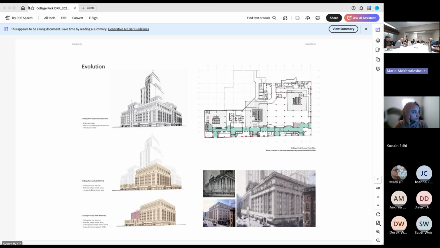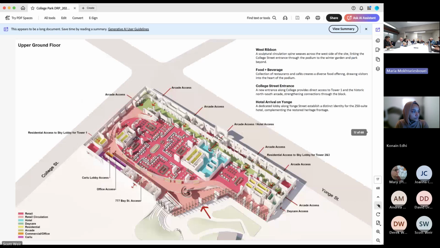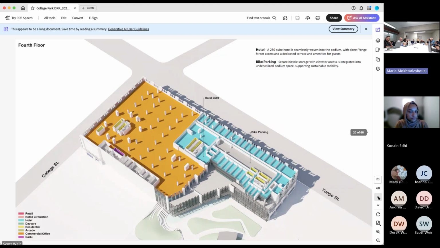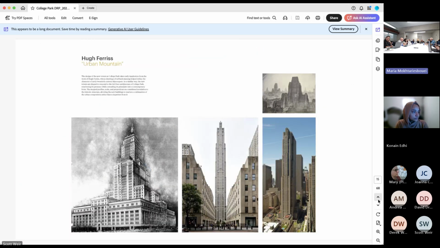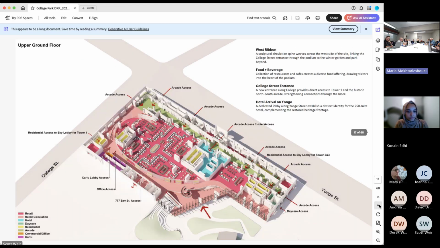Can you just flip to slide 17? Sorry, I just wanted to point out, you talked about that idea of the loop, and that's what got me thinking about the mall walkers. When everything's closed, I don't know what the hours of this area would be. I'm assuming that it would be open and accessible 24 hours. The public circulation, I think that's something to consider as well in terms of how it's all set up. And then, just in terms of clarity and circulation and how things connect,